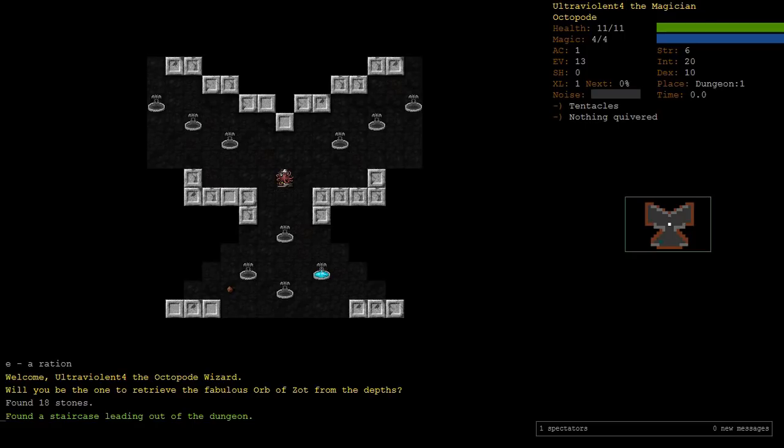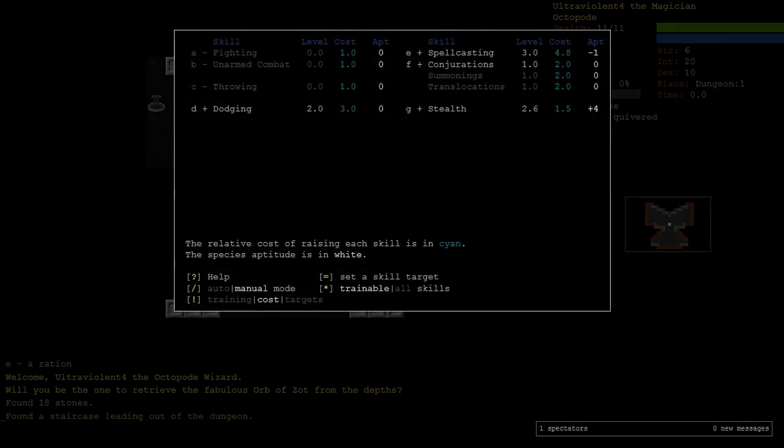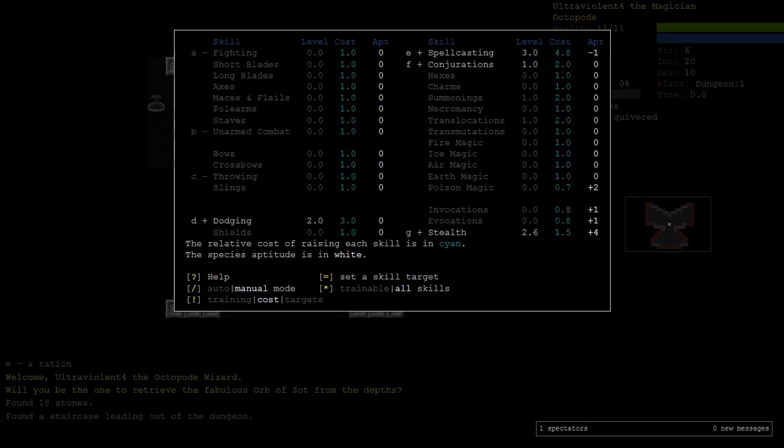Anyway, we're going for what most people would consider to be a more appropriate background for an Octopode, which is a mage. So why wizard? Why is that an appropriate background for an Octopode? Well, first of all, seeing as I played an Octopode fighter before, I feel like wizard is a pretty good complement to fighter. But to answer the question more directly, Octopodes, if we look at their overall aptitudes, are fairly